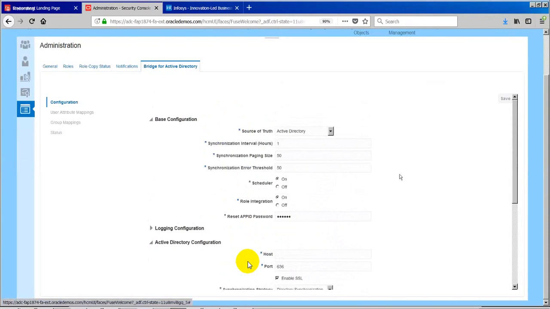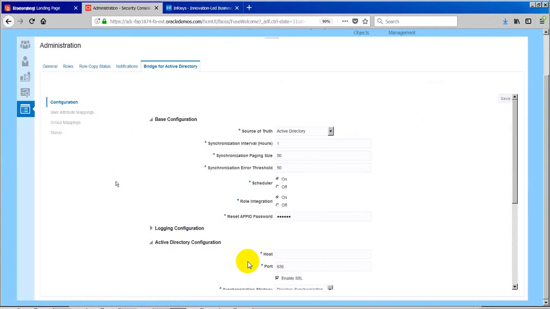How do you want to schedule it, every 1 hour or every 5 minutes? While transferring the data from your Fusion application to Active Directory, how do you want to do the user attribute mapping? User attribute mapping means nothing but the first name in the Fusion application should go to the first name in the LDAP, that Active Directory.